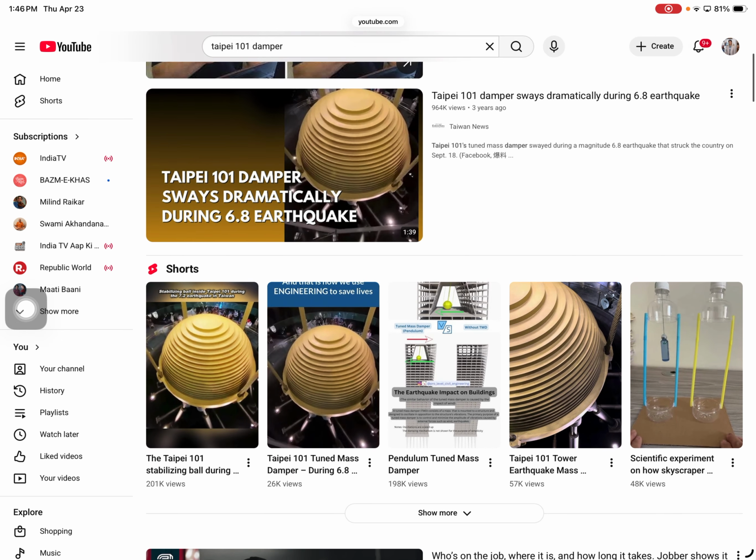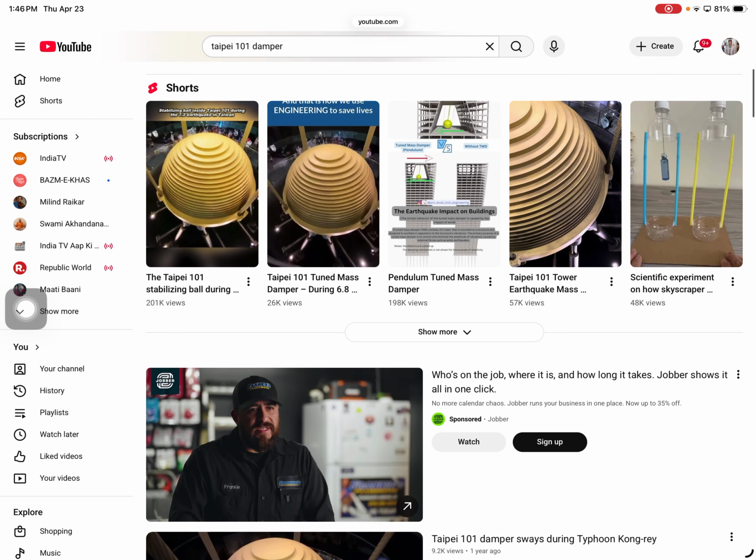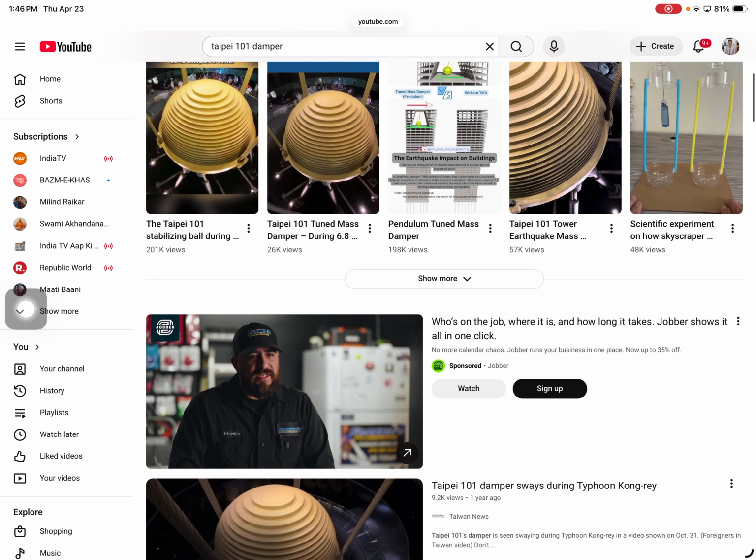Okay, anyway, this is the damper in one of the tall buildings in Taipei. Okay. All right, so